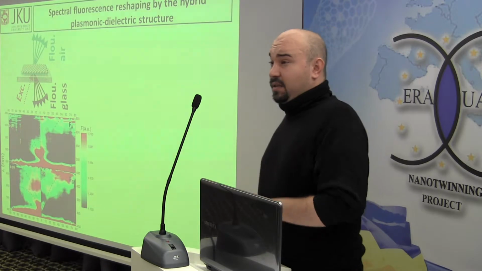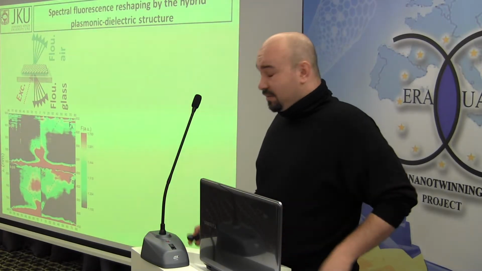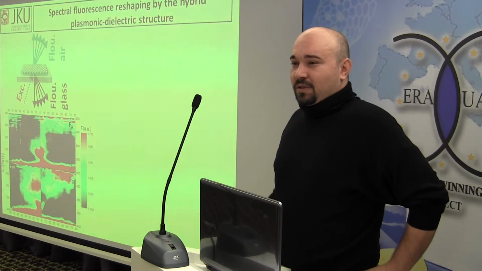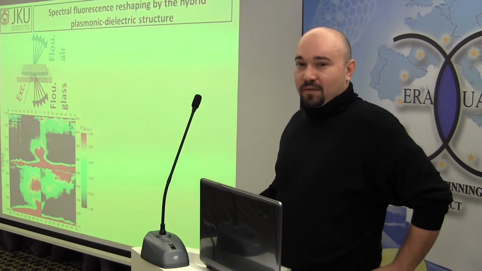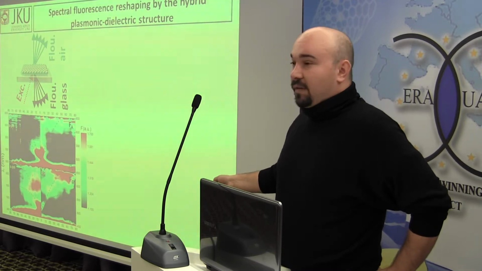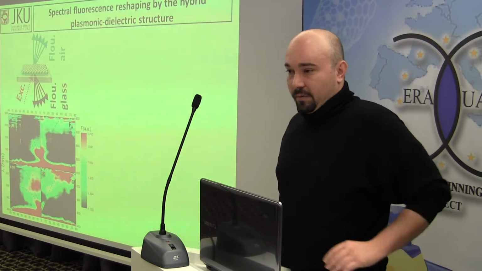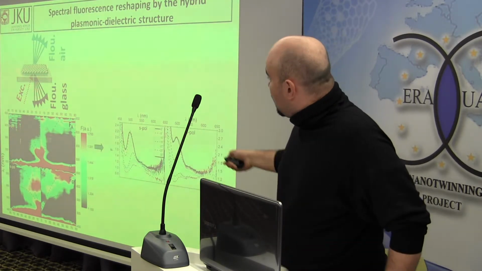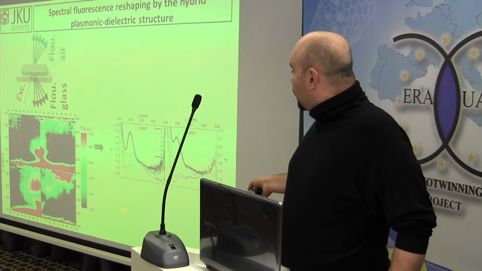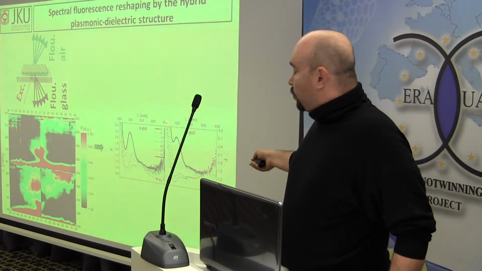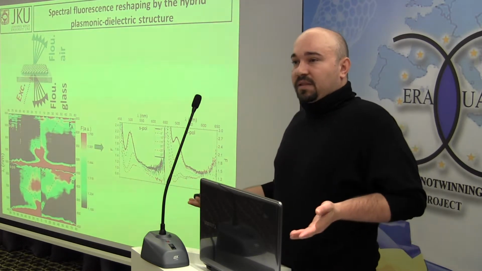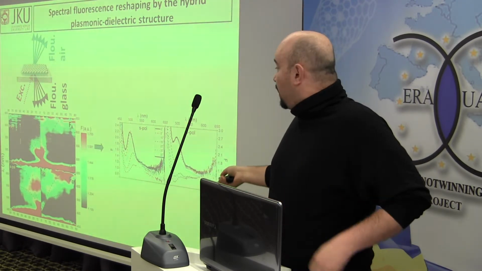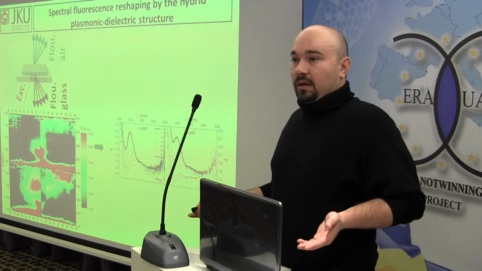When we make the same analysis for our photonic crystal hybrid structure, it's a little bit complicated to see something in these graphs. You see lots of features, but they are in a small area. So that's why we switch back to the usual 2D graphs. And when you look at the fluorescence to the air side, you see two dispersive features at around 500. These dispersive features are similar to the case of the photonic crystal, so it's purely coupling to the photonic crystal